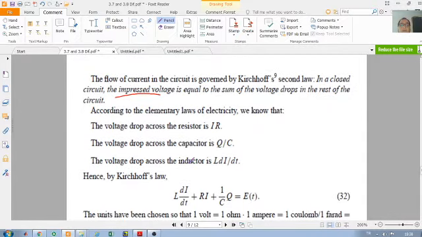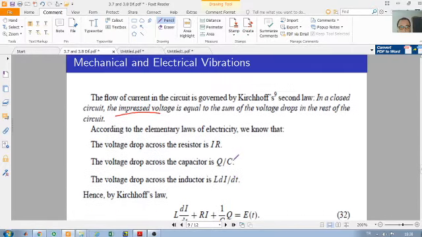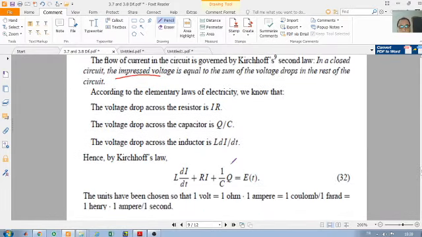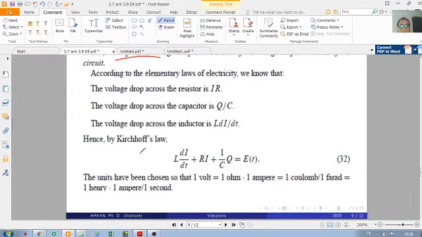The voltage drop across the capacitor is Q over C, and the voltage drop across the inductor is L times the derivative of the current. Hence, by Kirchhoff's law, we add them, and the sum will be equal to the impressed voltage, which is